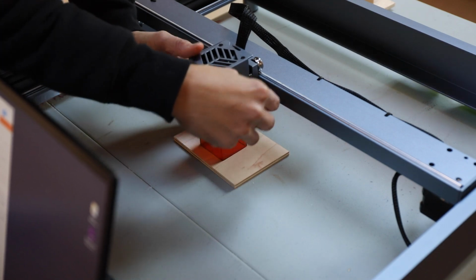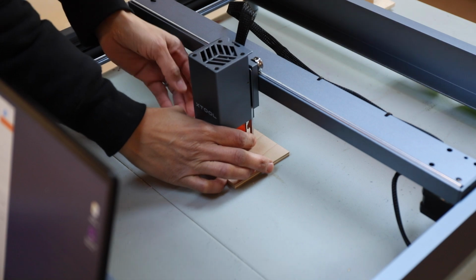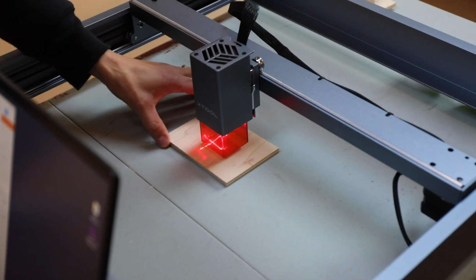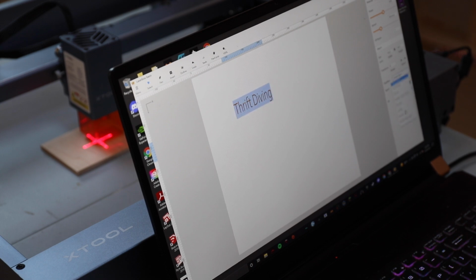Here's what I did. I lowered that metal gauge and lifted up the laser, and that is the correct depth. So once you've got that tip touching your work, then you will lock it in place. Find your center, and then on the software, you're going to want to make sure that you pick whatever font,